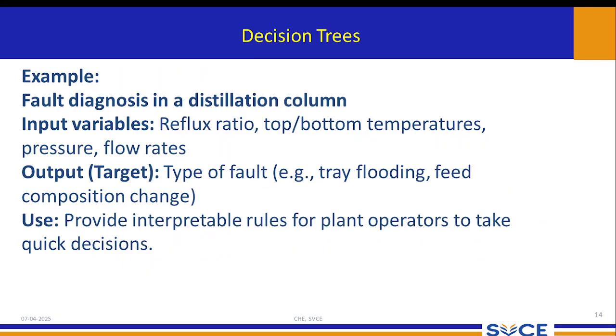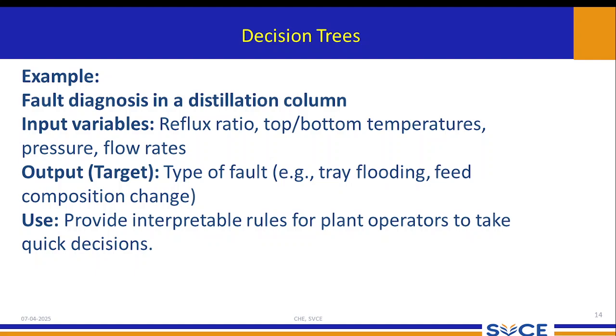Coming to another example for decision tree, the fault diagnosis in a distillation column. You already know what a distillation column looks like. You have a number of trays and the feed location. At the bottom you have a reboiler, and at the top you have a condenser and the reflux happens, L by D. So the input variables are the reflux ratio, which is equal to L by D,